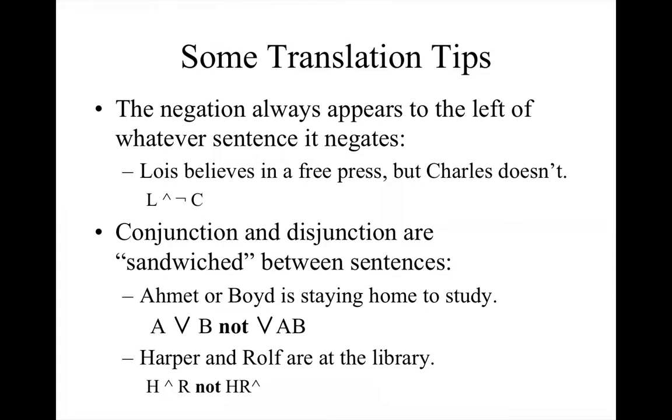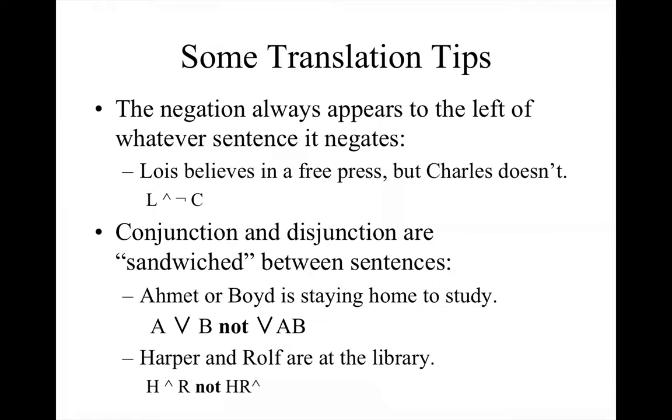Secondly, both the conjunction and disjunction symbols are sandwiched between sentences. So they are like the joints or the hinges or the stuff inside the bread when you're dealing with sentences where the conjunction or the disjunction is the main connective. Take a look at these two examples. "Ahmet or Boyd is staying home to study." Is A disjunction B, not disjunction AB, for example? The disjunction doesn't appear outside of, if you will, the sentences that it connects. Similarly, "Harper and Rolf are at the library" is translated as H conjunction R, not, for example,